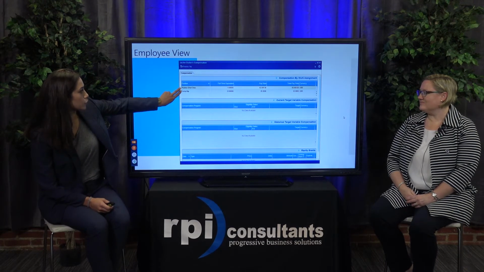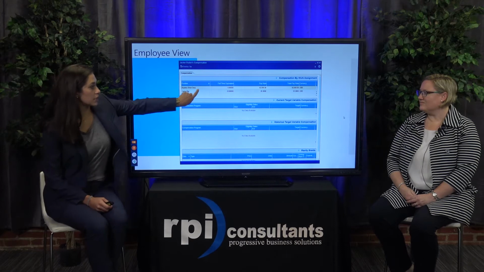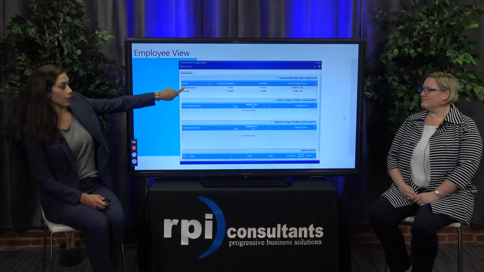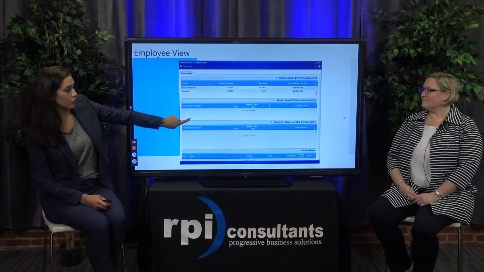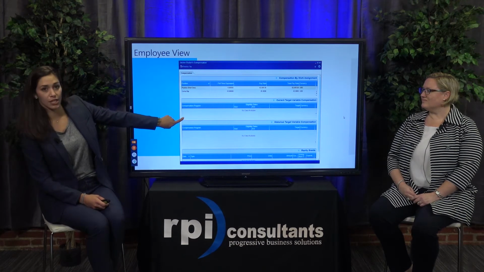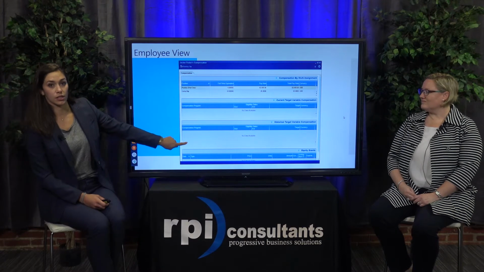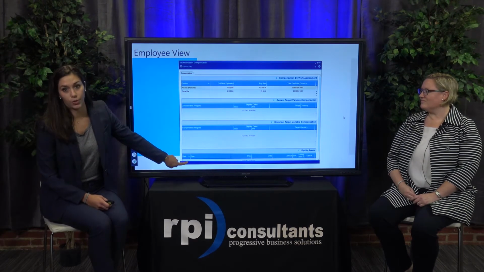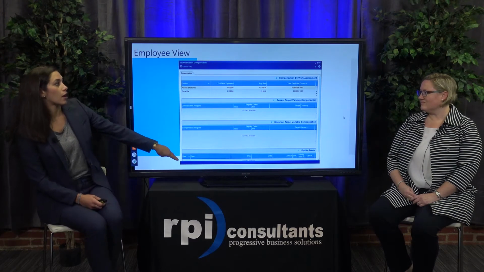I've assigned myself 2 work assignments here, so you can see the different FTE pay rate and then total pay rate for each of my work assignments. If we had plugged in the target variable compensation, this would appear here, as well as the historical values for that. And then also if you were doing equity grants, those would appear here as well. But this is just a quick snapshot of me as an employee, what I see when I look at my compensation.